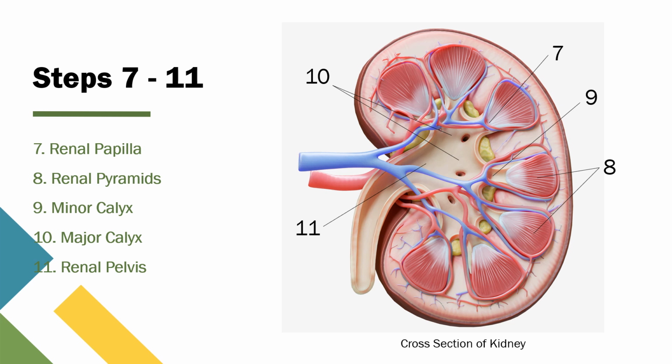Starting out in the renal papilla, just this little area right here. It's going to then move into the renal pyramids, which are all of these triangular shaped structures that you see in the kidney. It's then going to move into the minor calyx,